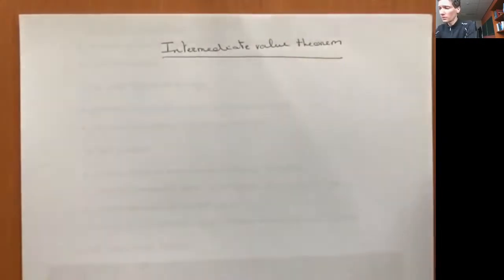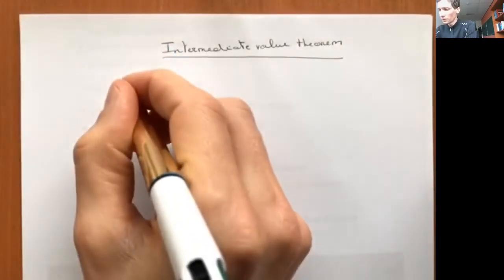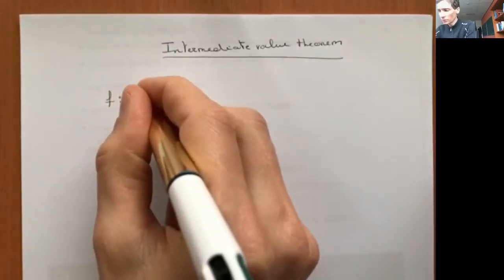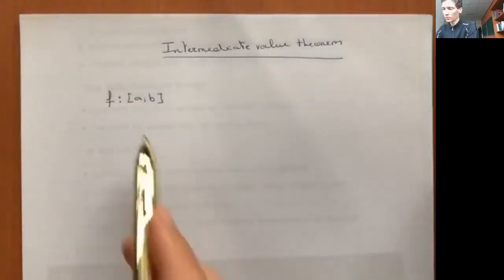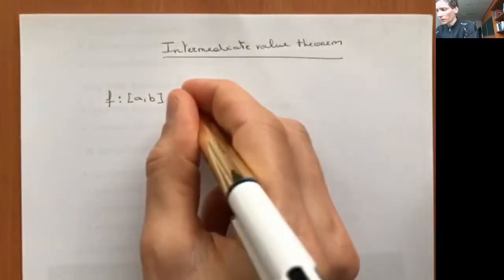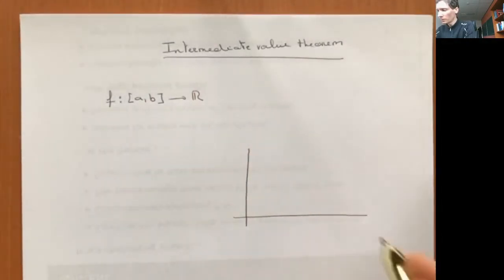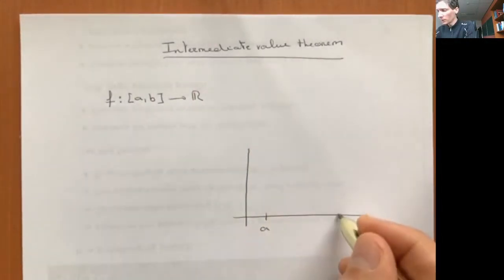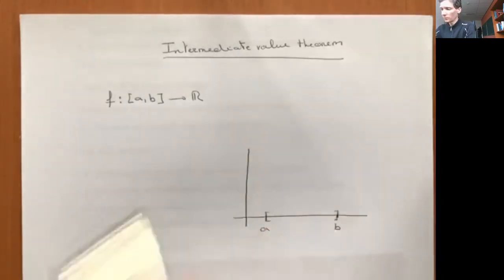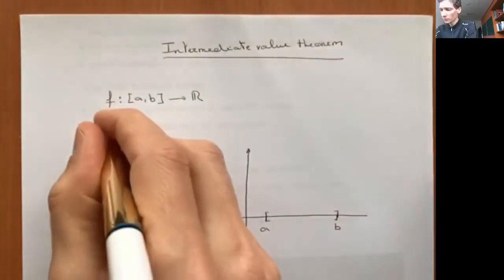So for the intermediate value theorem we start with a function f, and the domain of the function is just a subset of R. In particular we're going to take this to be a closed interval [a, b], closed on both sides, and the function is going to take values in R. So if we draw this, we have a number A, we have a number B, so the domain is [a, b], and then we have a function f that takes values in R, and we're going to assume that this function f is